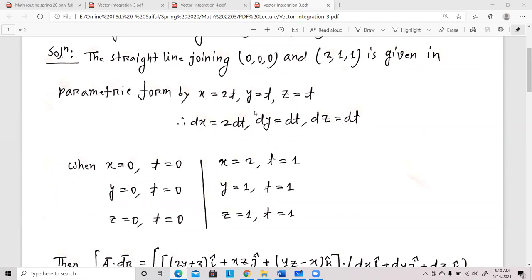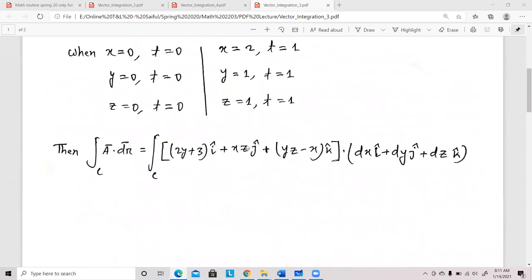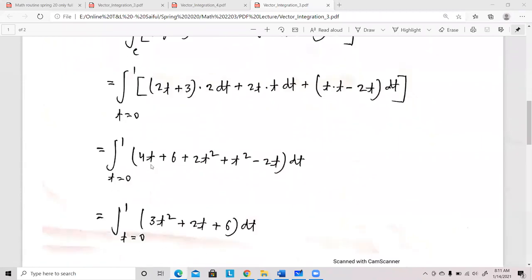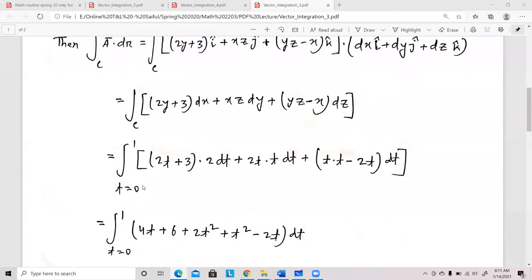Putting this information in the integral, we get 2t plus 3 into 2 dt, then x equal to twice t and z equal to t with dy equal to dt, then y equal to t and z equal to t, x equal to twice t with dz equal to dt. After multiplication and simplification we get this,